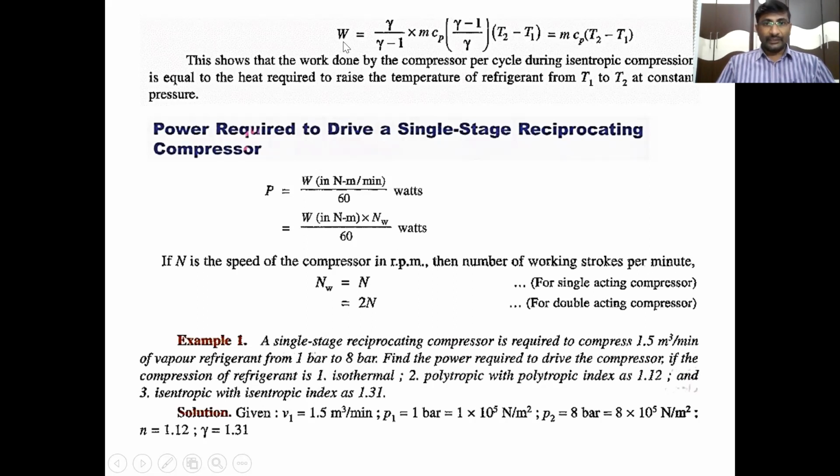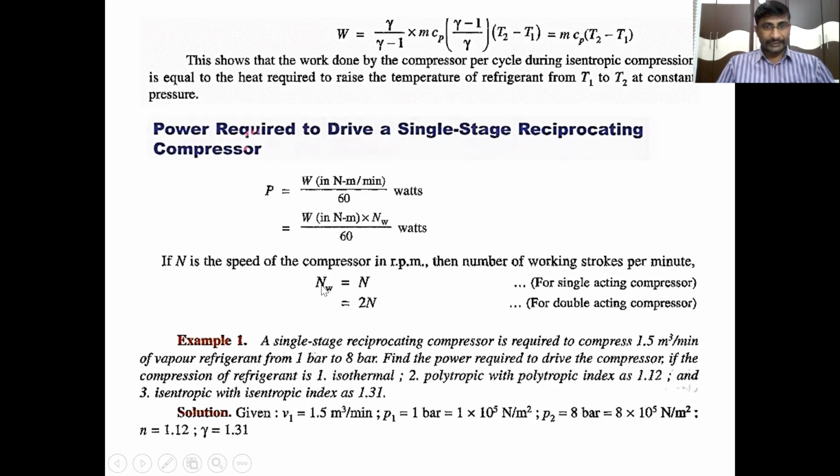Clear? If we know the work, then we can find the power required. The rate of work is called the power. From this equation, we get the work in units of newton meter per minute. If it is divided by 60, newton meter per second, that is joules per second, it will be watts. Otherwise, W into NW/60. NW is the number of working strokes. If N is the speed of the compressor in RPM, then the number of working strokes per minute is